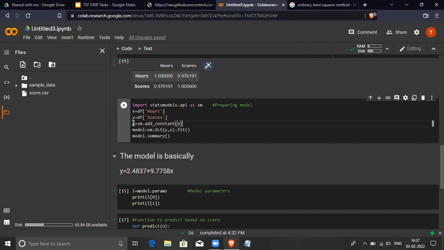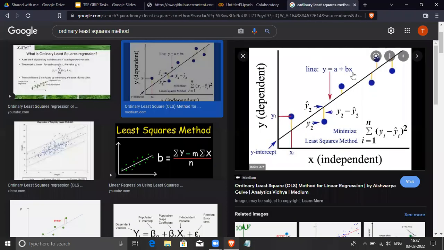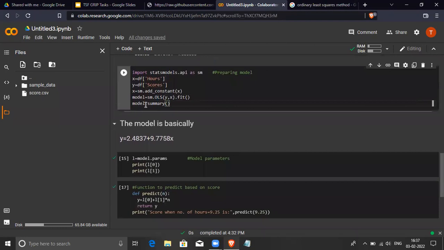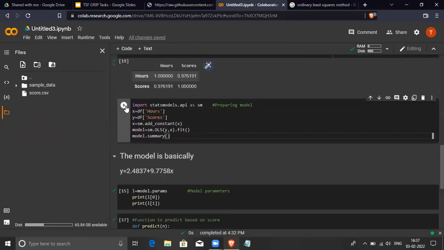After doing this, we directly call the OLS method on y comma x. I put y comma x because y is the dependent variable, that is the score, and x is the independent variable, that is nothing but the R's. Dot fit. This will fit an ordinary least squares method like this. It will fit a line like this. And model dot summary. Now if we run this,